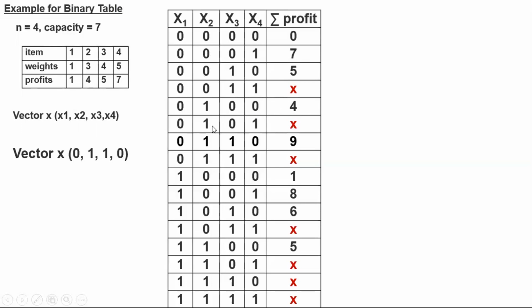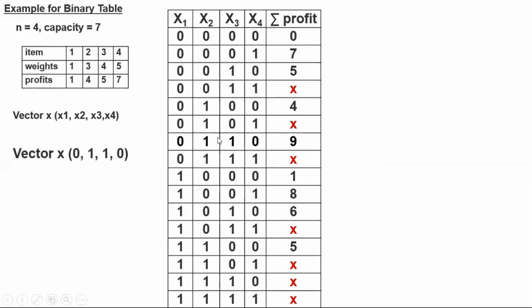If we select 2 and 4, the weight is 8, not allowed. If we select 2 and 3, the weight is 7, allowed. And we continue. After completing, from the allowed profits, we choose the maximum, which is in this case 9, and